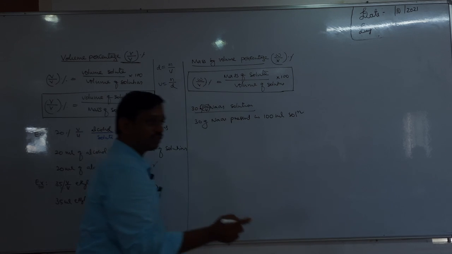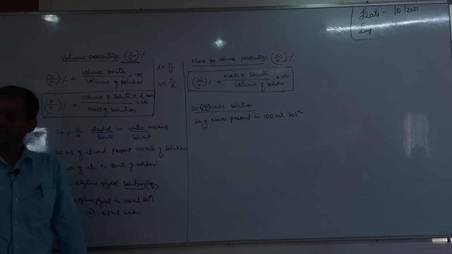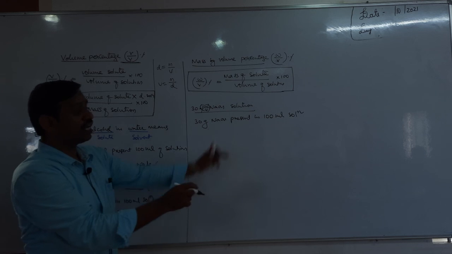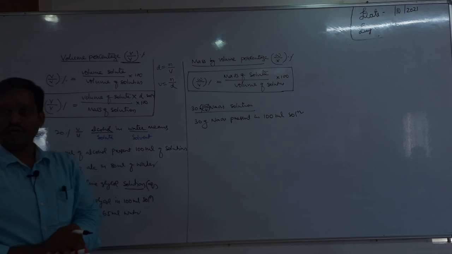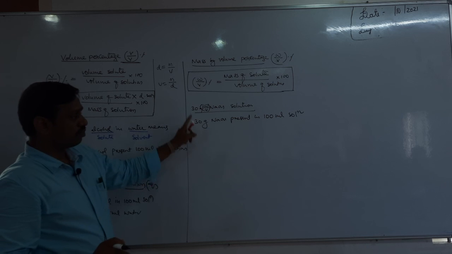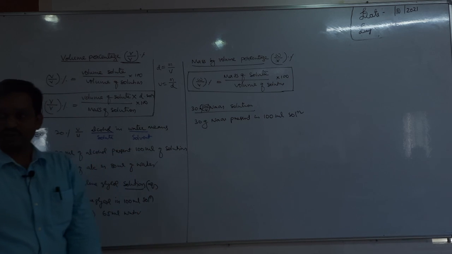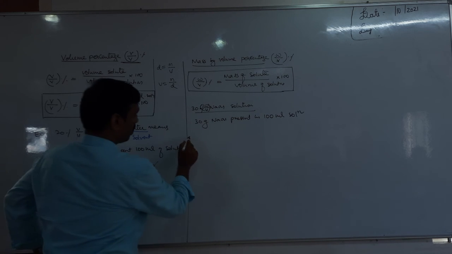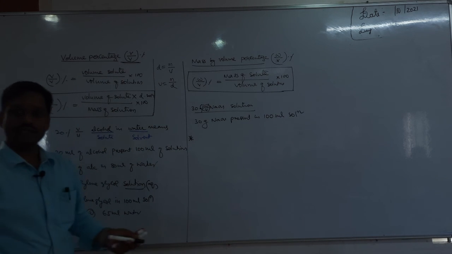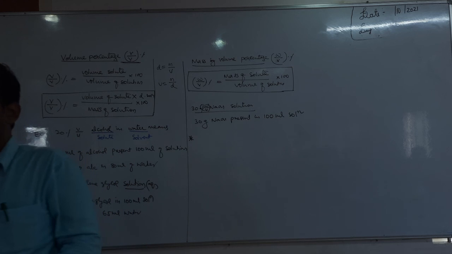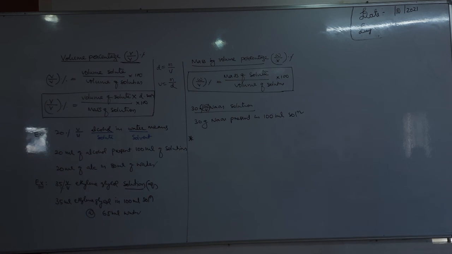If it is a solvent, density has to be given. If the density is given, then from the volume we have to calculate mass. So it is 30 gram solute in 100 ml of solution. Next, where is this method used? This W by V method is generally used in